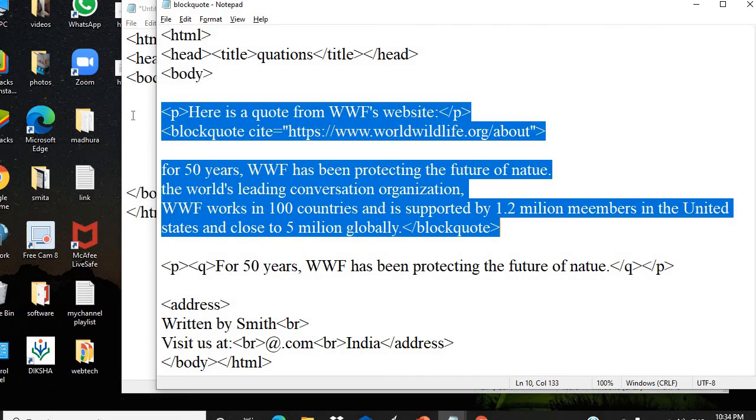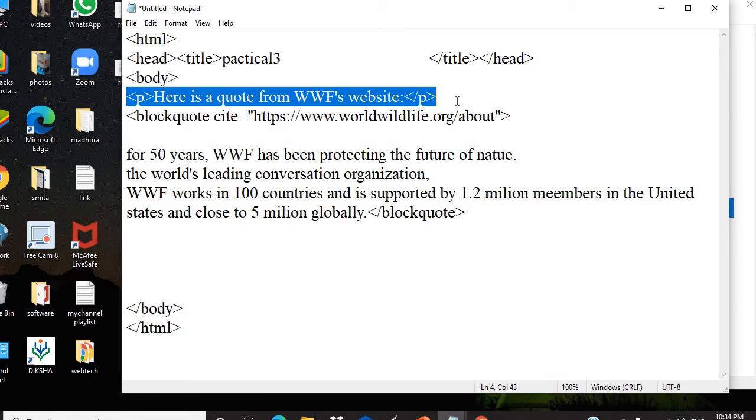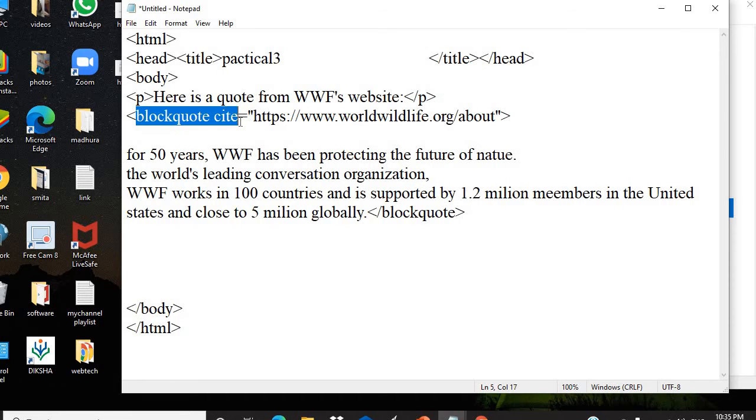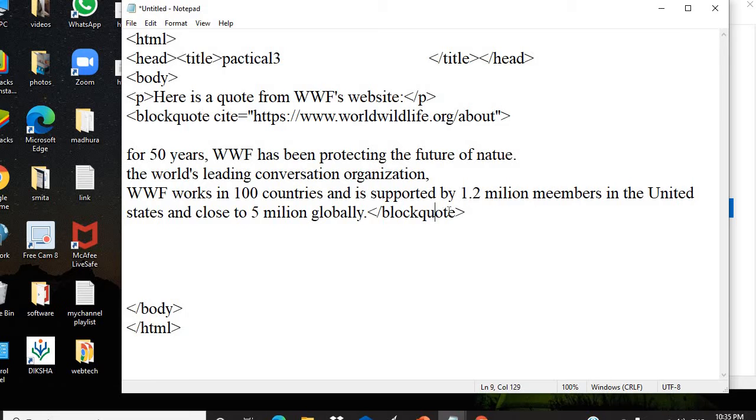The P tag is used for paragraph. So this is my paragraph which I have typed over here, and we are giving the block quote, that is a citation. Any website address you can give over here. Close the block quote, close your body tag, as well as close your HTML tag also.